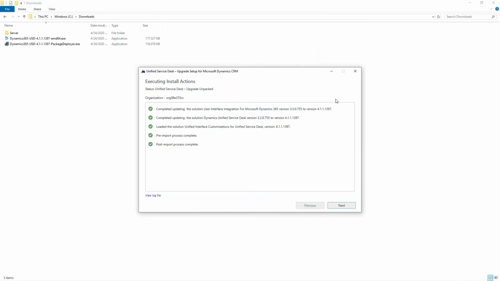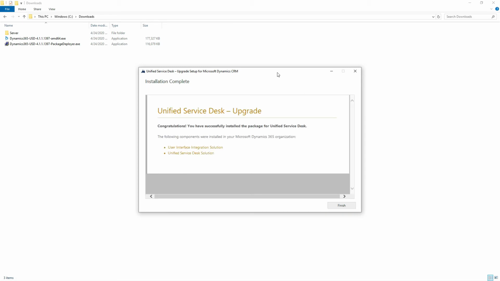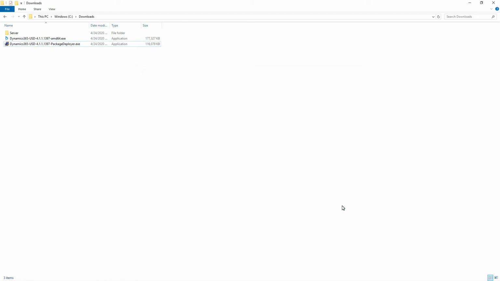Alright, so now this is completed, so let's take a look at what we have here. So we see the UII version has been upgraded from 3.5 to 4.1. We see the D365 Unified Service Desk version is upgraded from 2.2 to 4.1. It also upgraded the Unified Interface customizations, and that's it, alright? So now let's click next. And we see that we have finished the upgrade of the server. So let's click finish here,